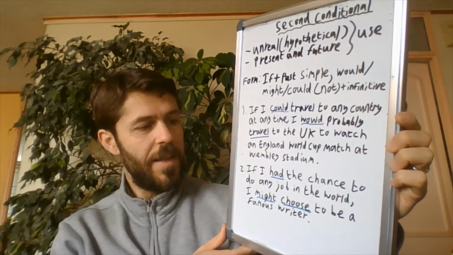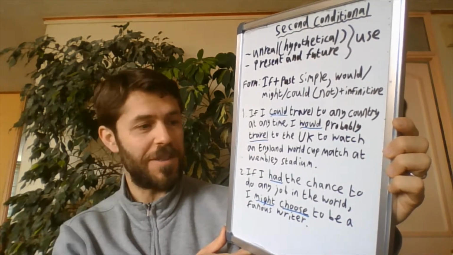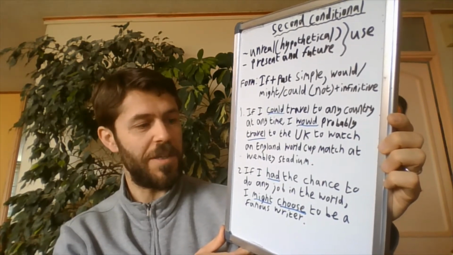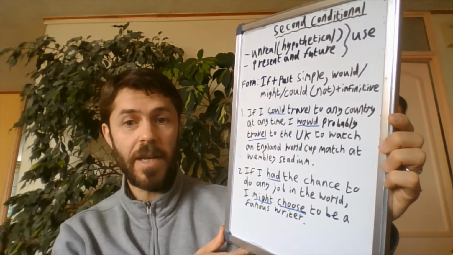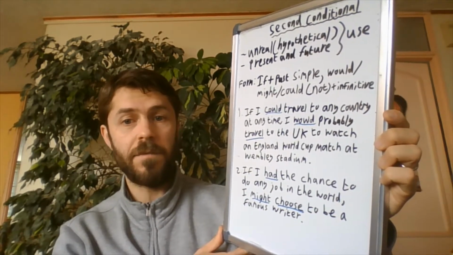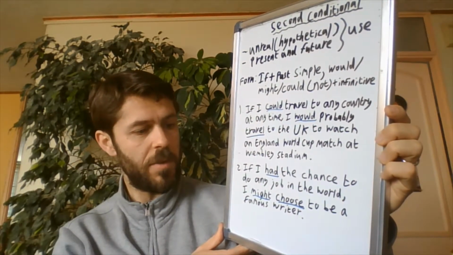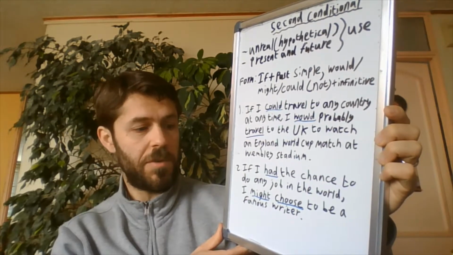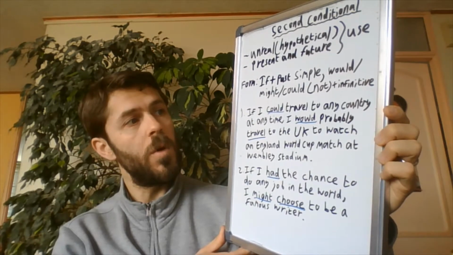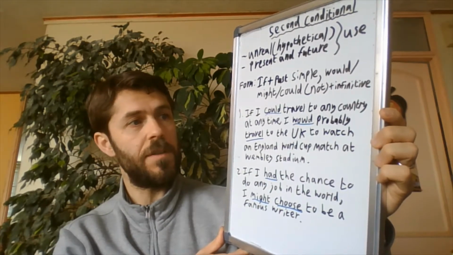Okay, again, if I had the chance, because I don't have the chance, unfortunately, to do any job in the world. No, we don't have that chance. So again, it's unreal, and it's if plus the past simple. The past of have is had. So if I had the chance to do any job in the world, I might choose to be a famous writer. Remember we can use would, might, or could, not if it's negative, plus the infinitive